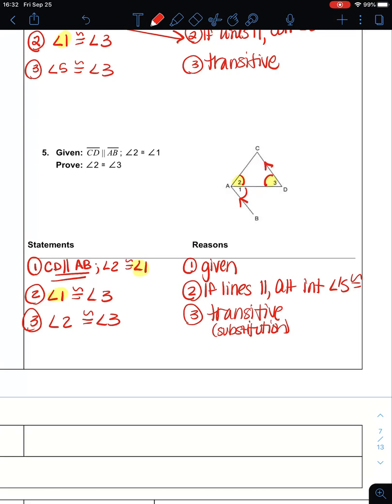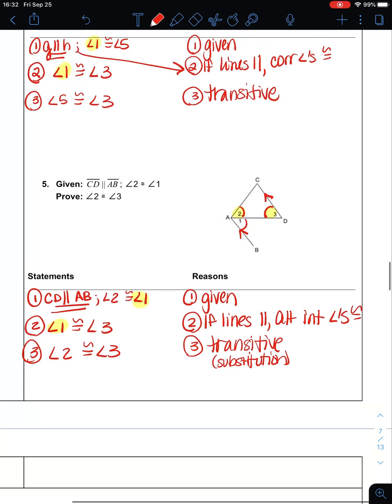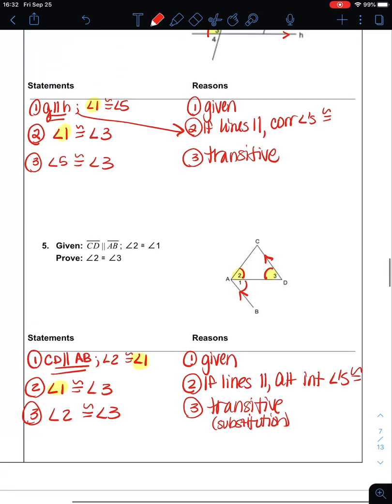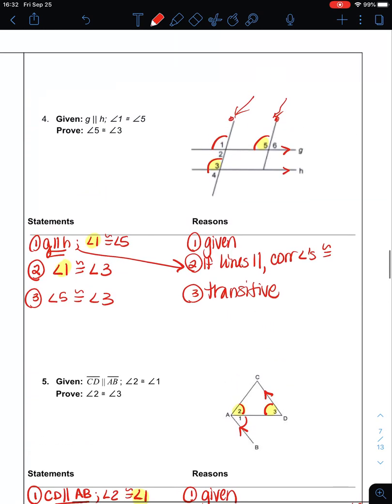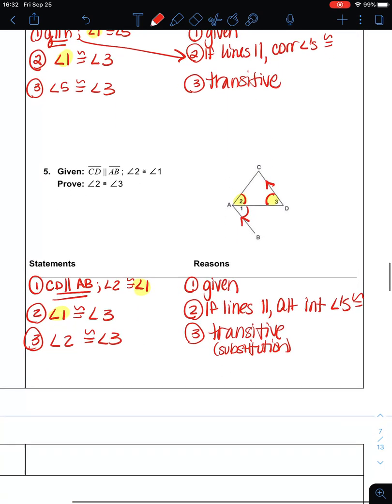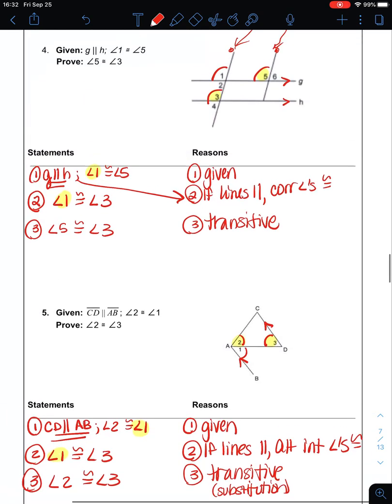So you always have to start with what you're given. You use what you're given and the things that you know to process through and try to get to what you are trying to prove. But why you know that